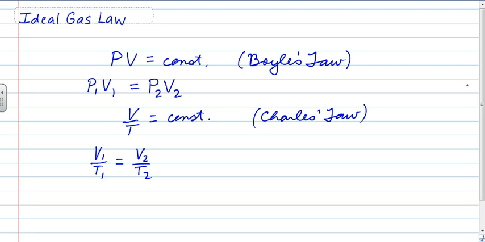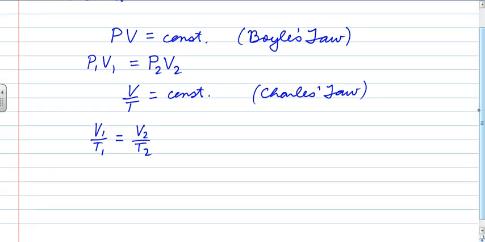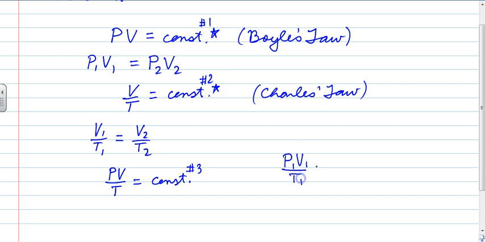So if we put these two laws together, then what we get is that PV over T is equal to some new constant, which is a combination of the two constants from Boyle's law and Charles' law. So if this is constant number 1 and constant number 2, this is going to be constant number 3. And it doesn't matter if you multiply them together, it's still just a constant. And so then we can write this as P1V1 over T1 is equal to P2V2 over T2. And this is actually a very useful